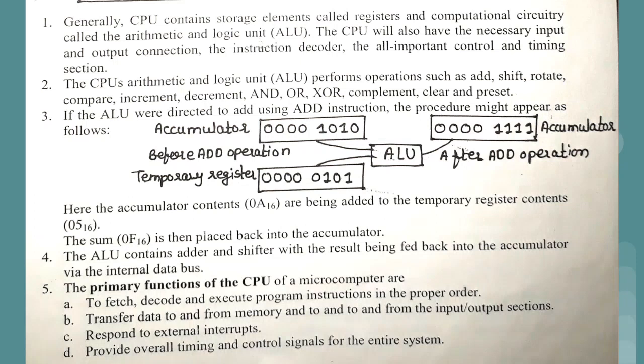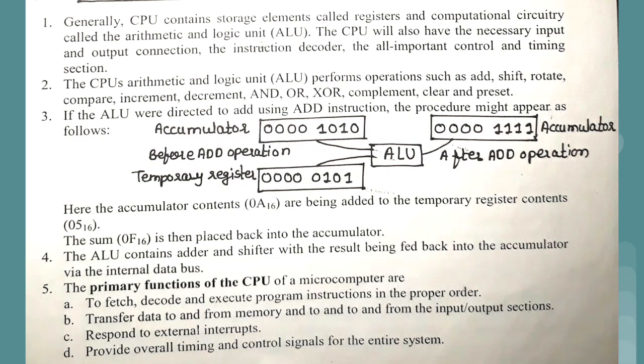So that explanation they have given. Again, the ALU has two components, adder and shifter, which perform addition and subtraction or other arithmetic and logical operations, and again the final result is fed inside the accumulator only. Then that result can be sent via internal data bus lines to different peripherals like output devices, on which we will be able to see the result.